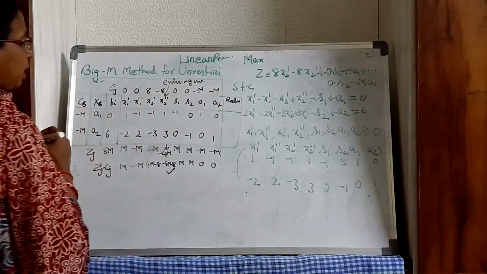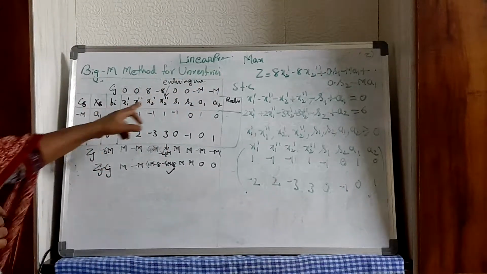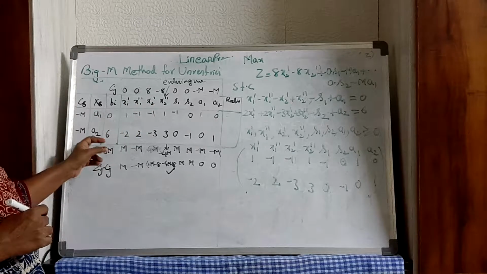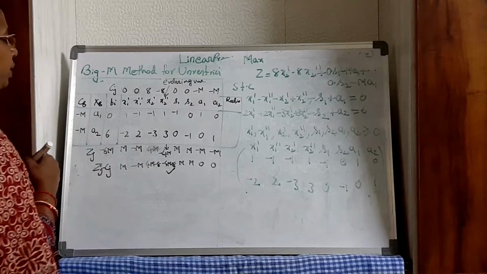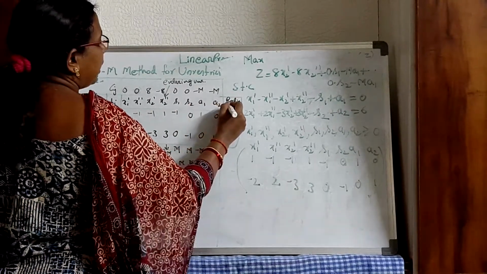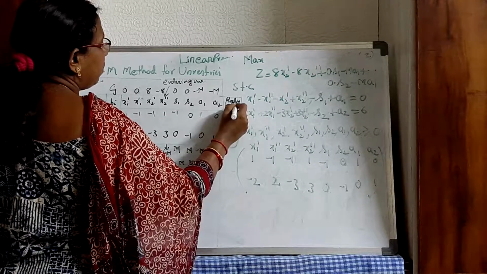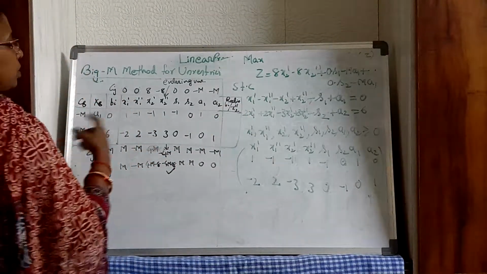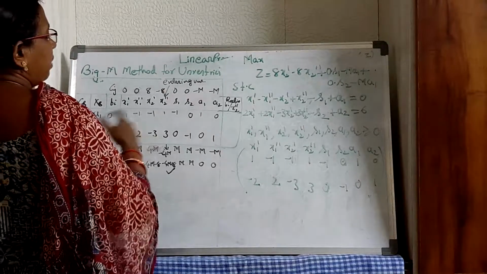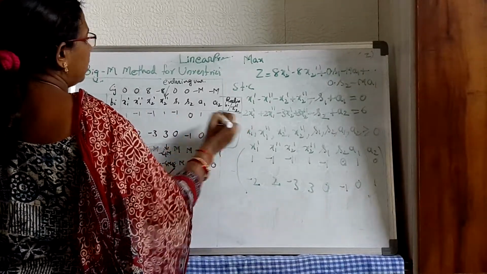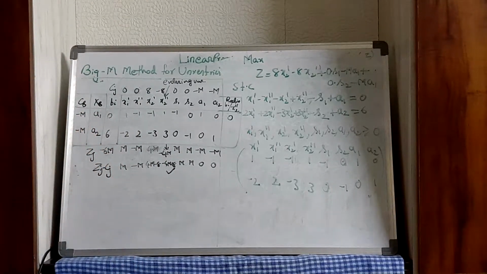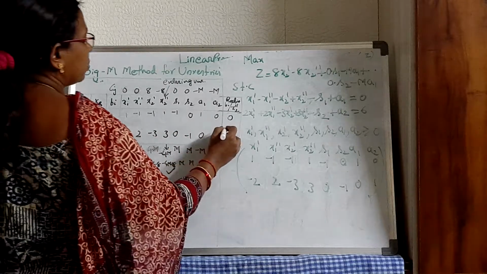Now to find the leaving variable, this x2'' (x2 double dash) should occupy any one of these two places. So I have to find the leaving variable. For that, I need to find the ratio of bi divided by the most negative column. So the most negative column is x2''. Here 0 by 1 is 0. Then 6 by 3. So how much is 6 by 3? 6 by 3 is 2.